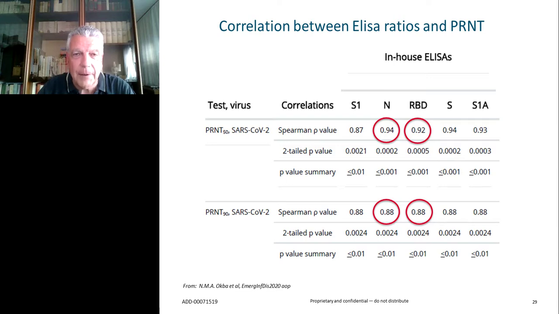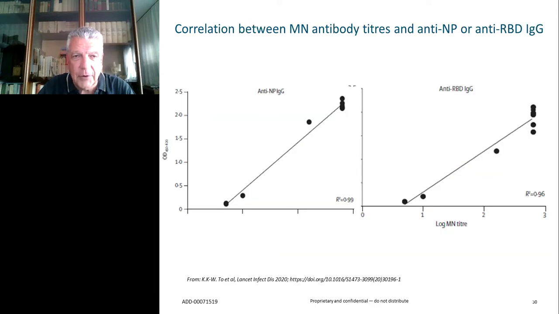In this one, for example, authors were able to find a direct correlation to a high degree between reactivity to the nucleocapsid or receptor binding domain, or S antigen in general, and the 50% inhibition of viral culture. And the same at the 90% inhibition. And this may be surprising because the antibodies raised towards the nucleocapsid are not neutralizing by definition. So this just means that a strong antibody response is anyhow correlated to the neutralizing activity of that sample or that patient. And this was also demonstrated in another study and in a couple of other ones.